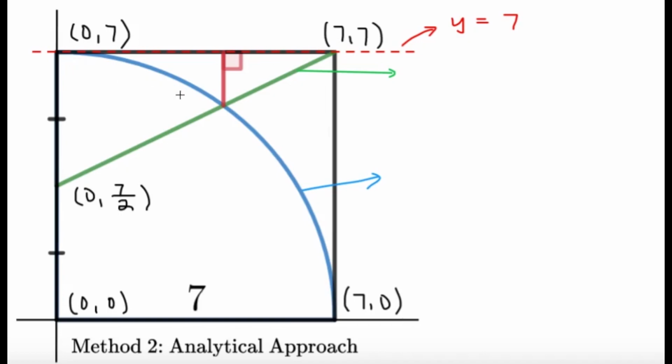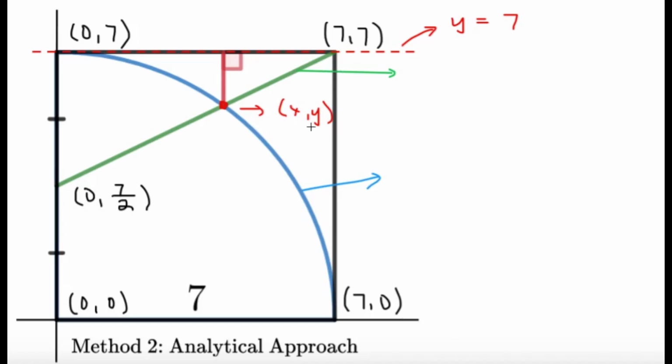So for example, I can get the intersection, this point. My strategy would be trying to get this intersection, which I know is going to be in terms of x comma y for some values of x and y. The top line over here is going to be of the equation y equals 7. After plotting these points, I realized that this red dashed line would have an equation y equals 7. So if I can manage to get this point, the intersection of the quarter circle and this line over here, or the secant,